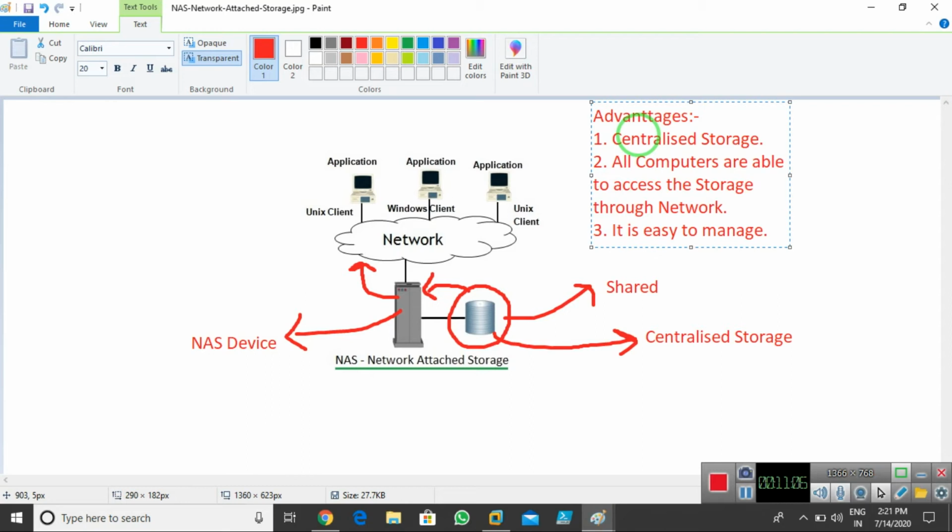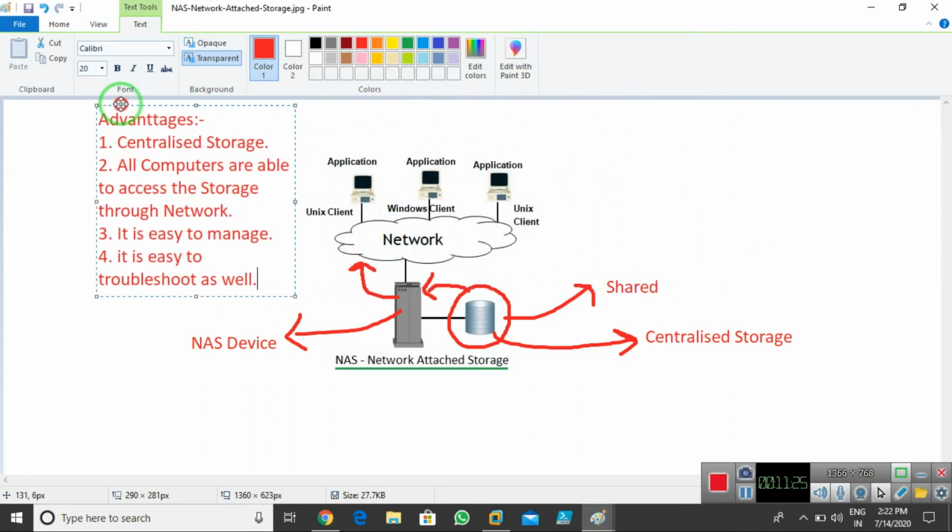It is easy to manage, and easy to troubleshoot also, because you have only one centralized storage, so we are able to manage it easily. So it is easy to troubleshoot as well, like this. So these are the four advantages, as you can say.